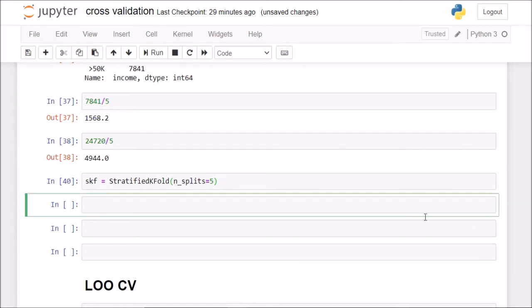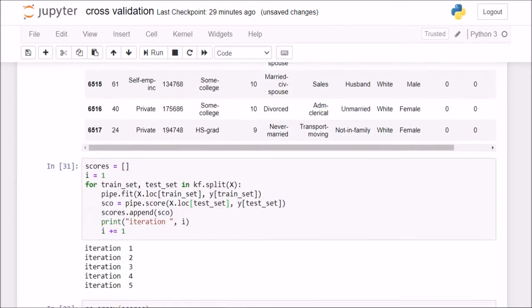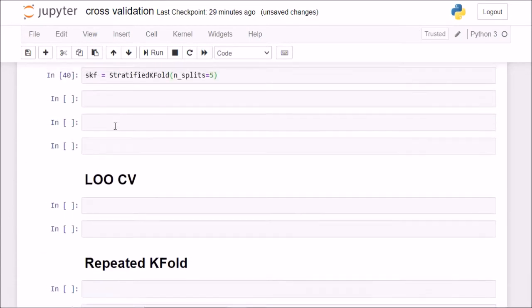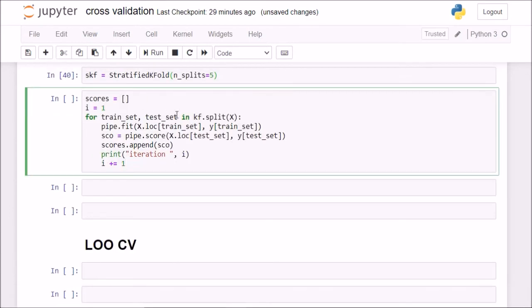Now I'll do exactly what we have done here with these iterations, but instead of kfold I'll set it to be skfold, and the rest should be similar, except this should be stratified kfold, scores_stratified_kfold.